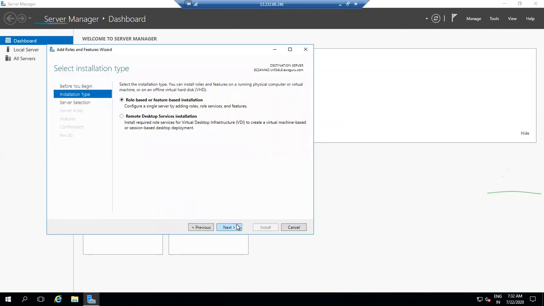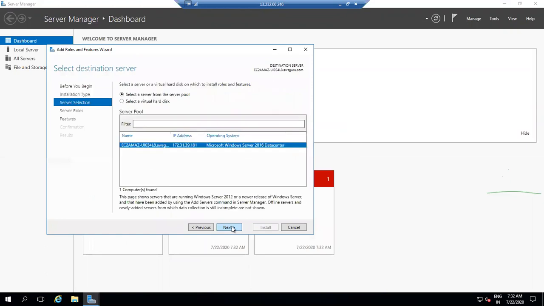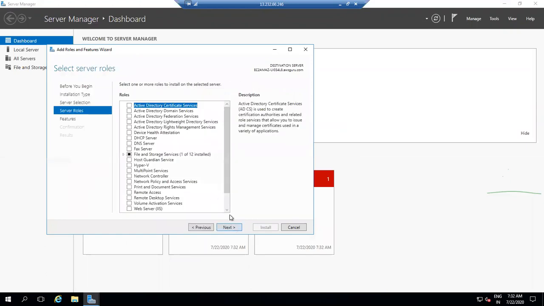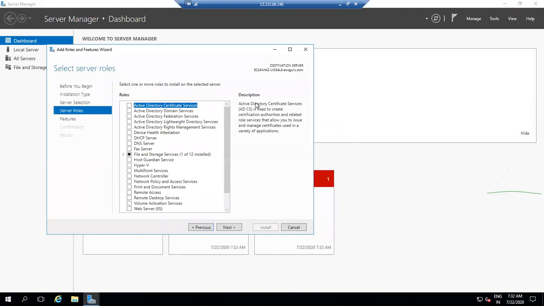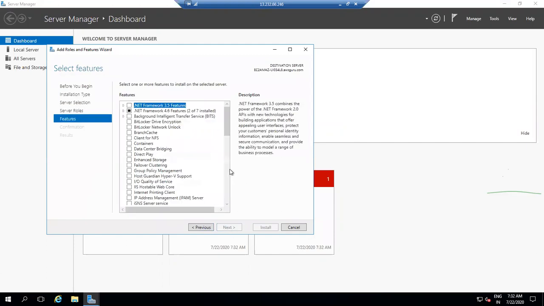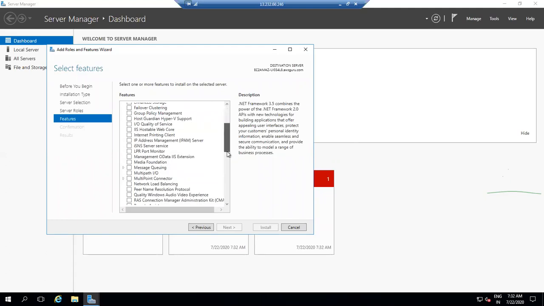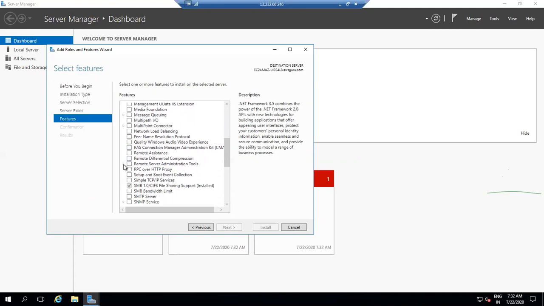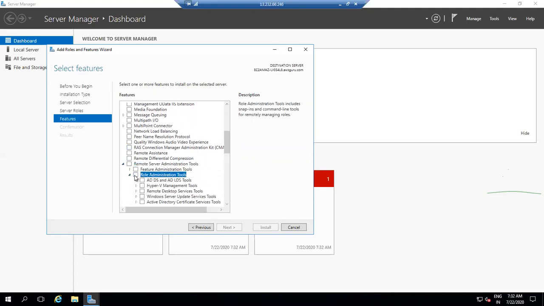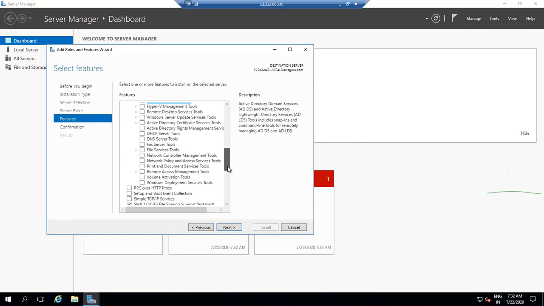Yuvraj and Venkatesh, in a company, how they create a role, how to manage your server users and groups. I'm not going to use the previous one. I'm going to use remote server management, role based, and wherever Active Directory is, you select it.